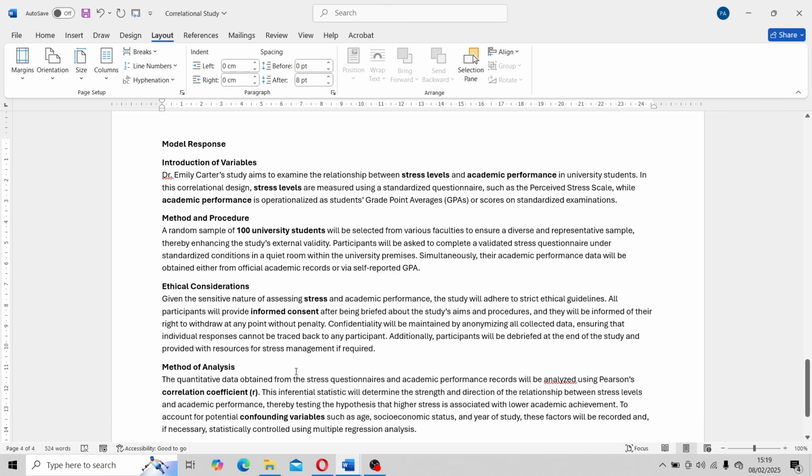Okay, now method of analysis. The quantitative data obtained from the stress questionnaire and academic performance record will be analyzed using correlation coefficient. Just keep this word in mind. The inferential statistics now will determine the strength and direction of the relationship between the stress level and the academic performance, testing the hypothesis that higher stress is this. Actually, to account for this, such as the